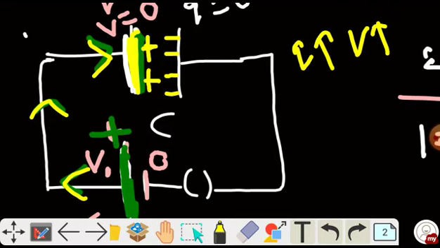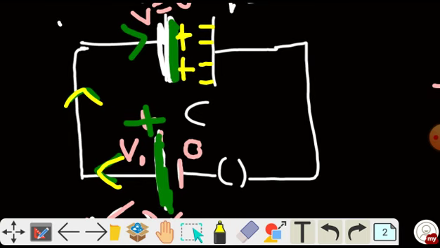Will the rate of flow of charge in the circuit always be the same, or will it reduce? See, initially when there is no charge on the plate of the capacitor, the rate of flow of charge by the battery will be very large, because the difference in potential is very large initially. But with time this difference of potential between the battery and the capacitor will reduce, hence the rate of flow of charge will reduce gradually. Clear?